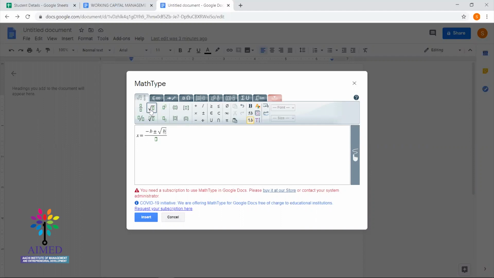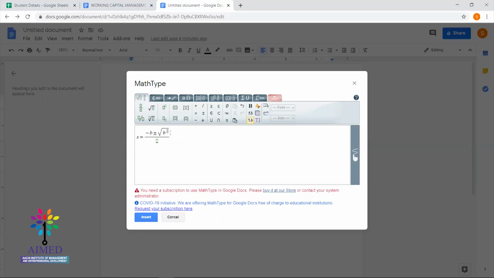So I'm entering b, and to enter the square you can use this superscript symbol. If you click on that, you'll get a superscript option over here, and there you can enter 2. Then it will be b square, right? To come out of the superscript, you can place the cursor after the 2 and click on that.